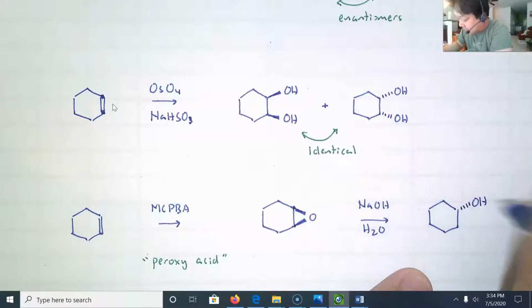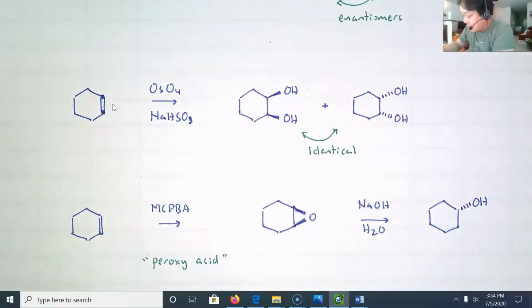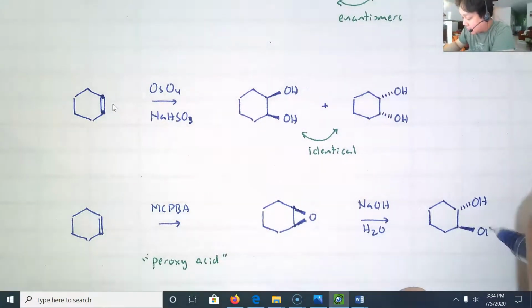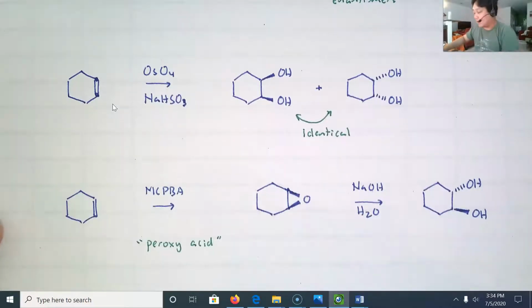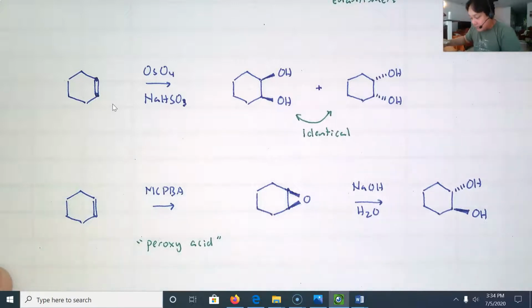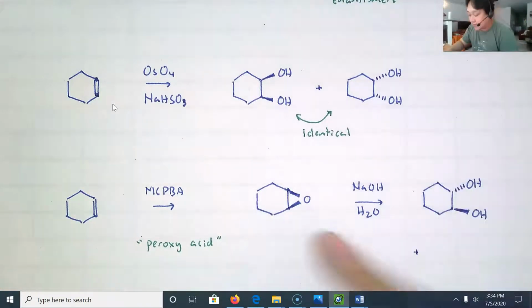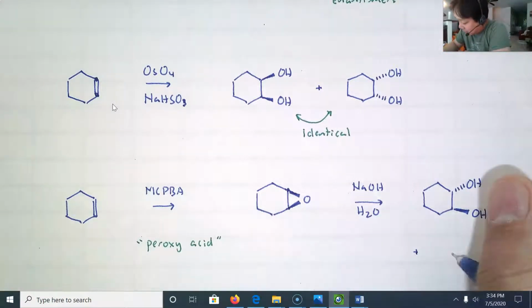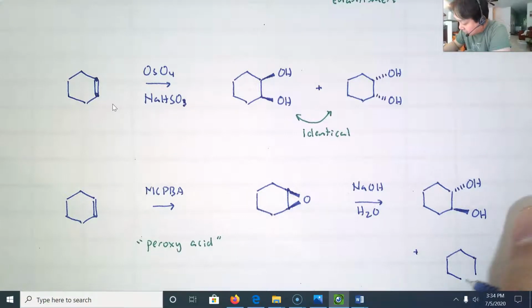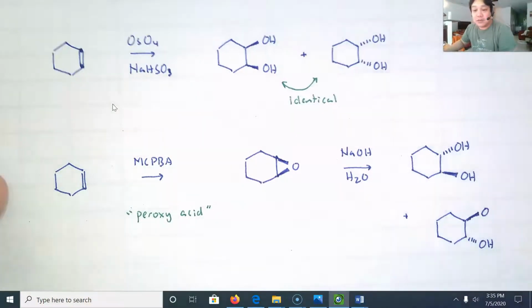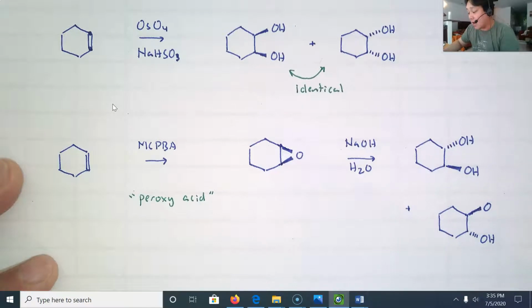The OH attacks, opens up the ring, and the other O is wedge that gets protonated by the water. So that would assume that the OH would attack from the top. But if the OH attacks at the bottom, again, from the backside, you'll get the enantiomer. The OH adds there, and then the wedge O is up here, which initially was a negative alkoxide, and then